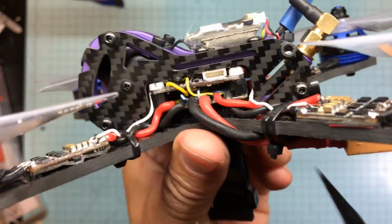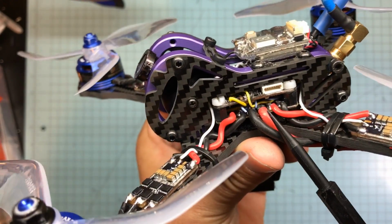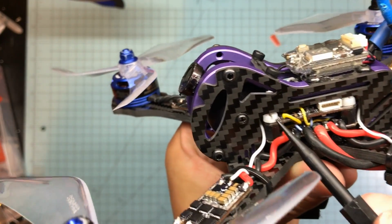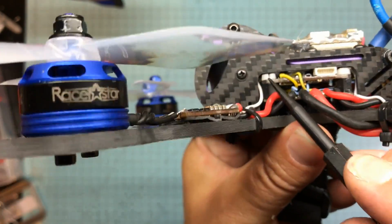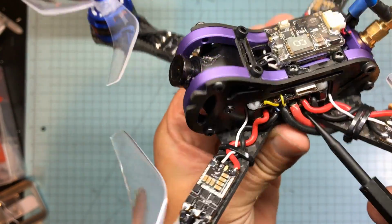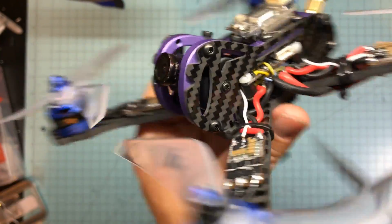This is a tight build. I had no problems. I mean, I got it in there and it was perfect. But look at the clearance on that screw. I mean, I don't know if you can see it. Just nuts tight. Really nuts tight. I put my receiver...